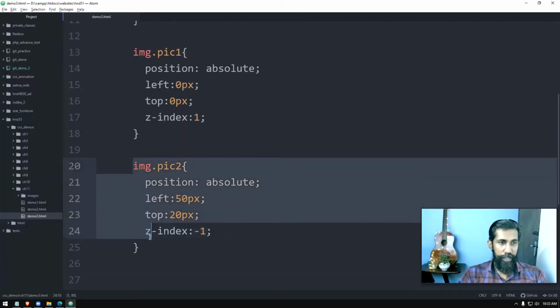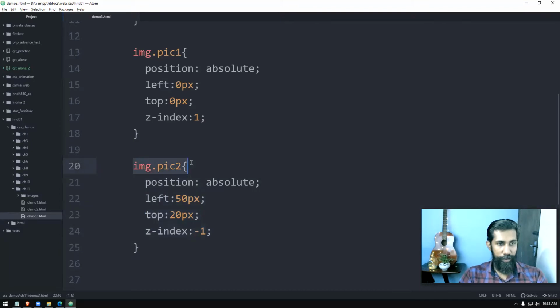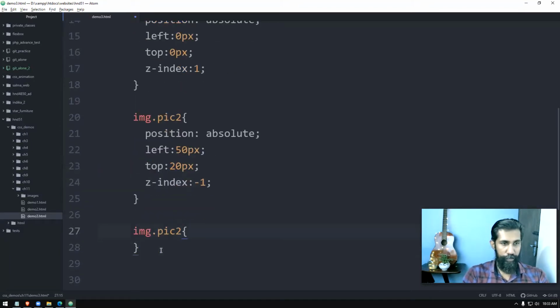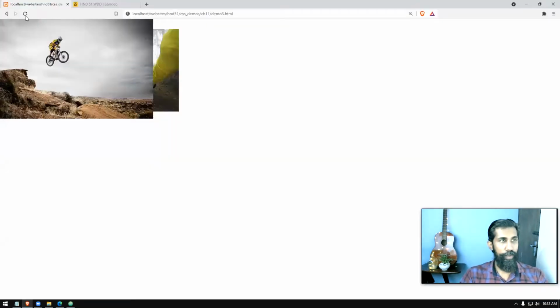Okay, let's try one thing. I don't know whether it will work. Once the mouse pointer comes over, we'll set the z-index to 2. We'll see what happens. Once the mouse pointer comes, the picture gets revealed.